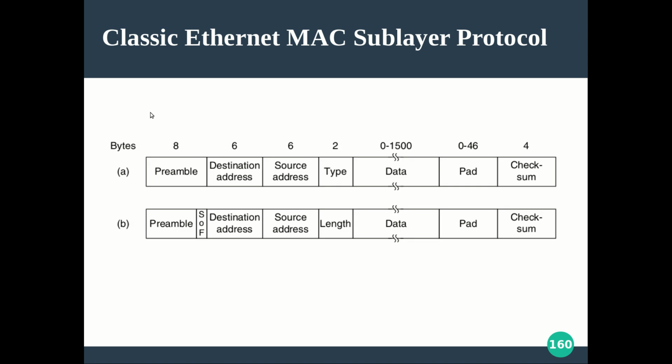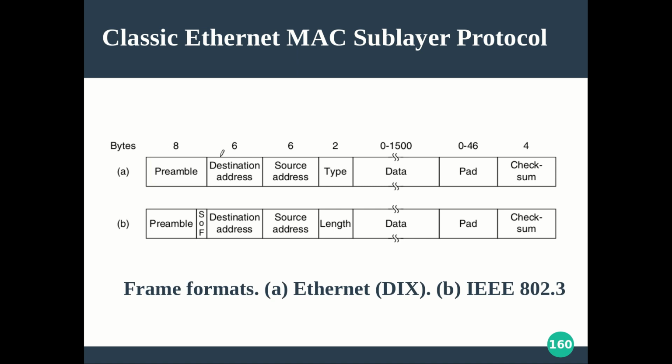You can see the MAC sublayer frame format of Ethernet is given here, and here you can see two formats. The first, figure A, is for Ethernet under the DIX standard, which I hope you remember was put forward in the year 1978, I think. And after about 5 years, this DIX standard was standardized by IEEE 802.3, and its frame format is given as this. So what are the differences you can see?